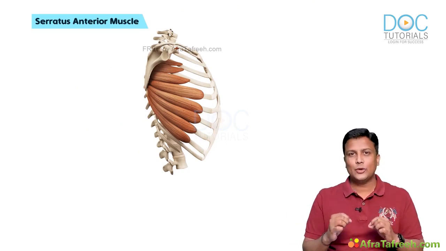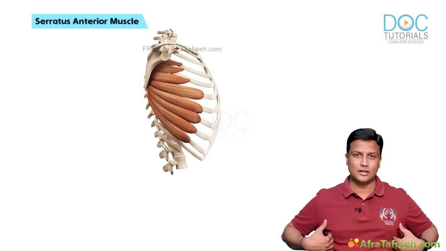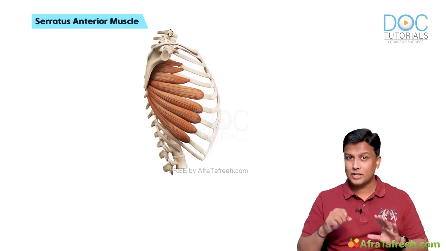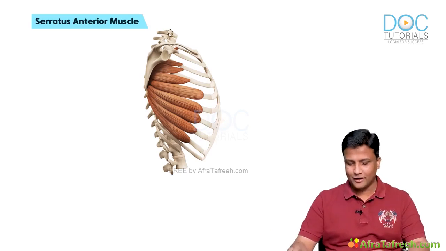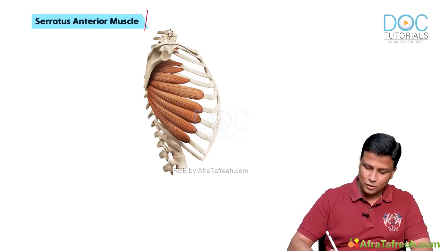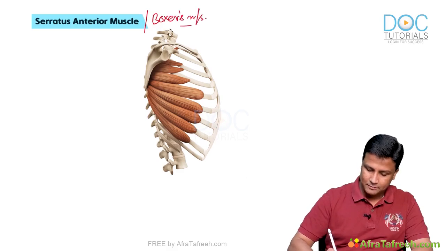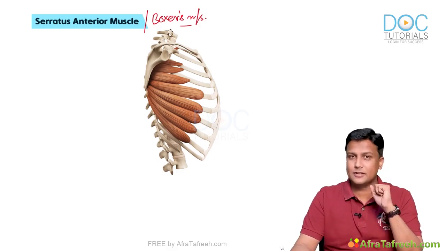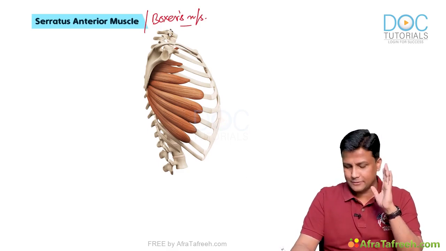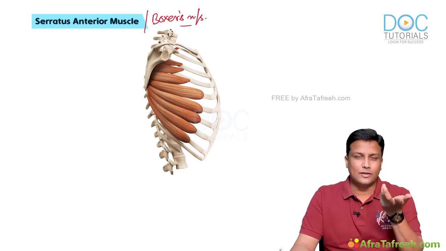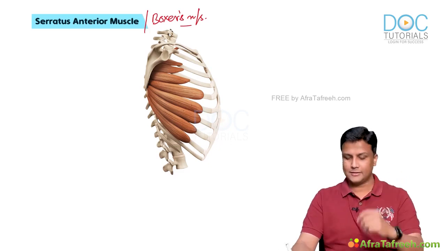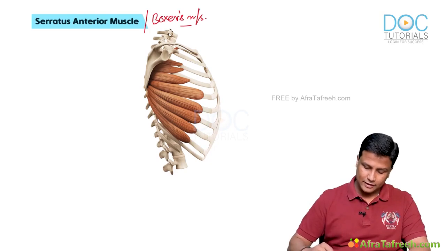Now what I'm trying to tell you is that the serratus anterior muscle helps in punching and pushing movement, guys. That's the reason why the serratus anterior muscle is also known as the boxer's muscle. Please make a note of that somewhere. Serratus anterior, the boxer's muscle, helps in punching and pushing movement. What is the nerve supplying it? We have learned: the long thoracic nerve, or nerve to serratus anterior, or nerve of Bell, guys. And by this, we complete the entire